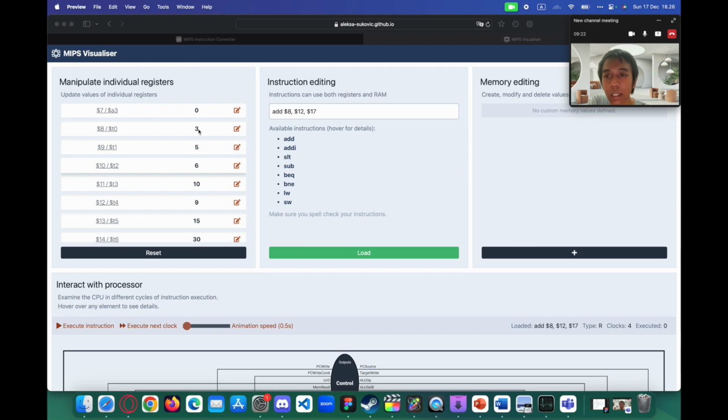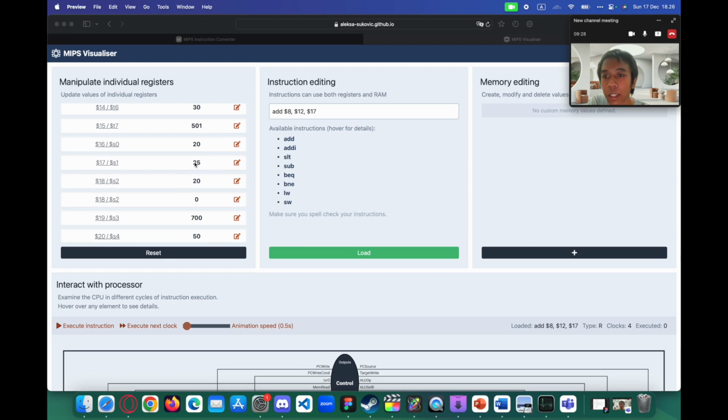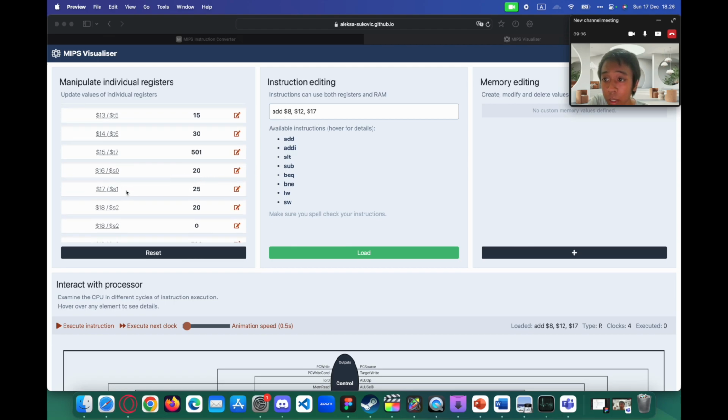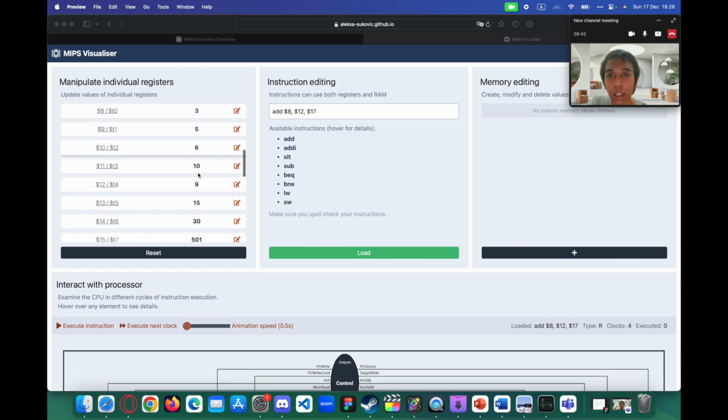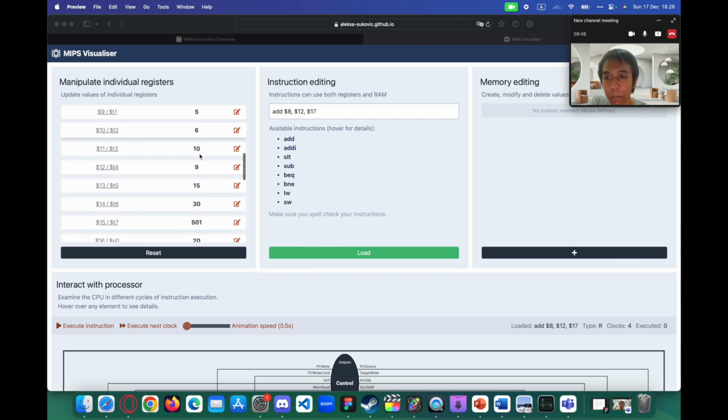So address 8 is 3, 12 is 9, and in 17 it's 25. So if I run this instruction, it will add the value at address 17, which is 25, and 9, and put it into address 8. So 25 plus 9 is 34.